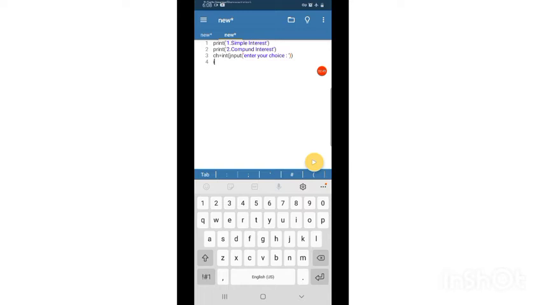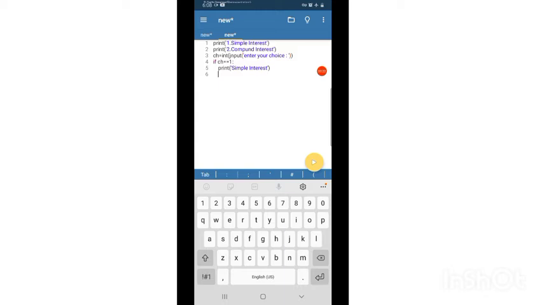So we have to check if ch equal to 1, then print simple interest. So that user can understand that they have taken simple interest.